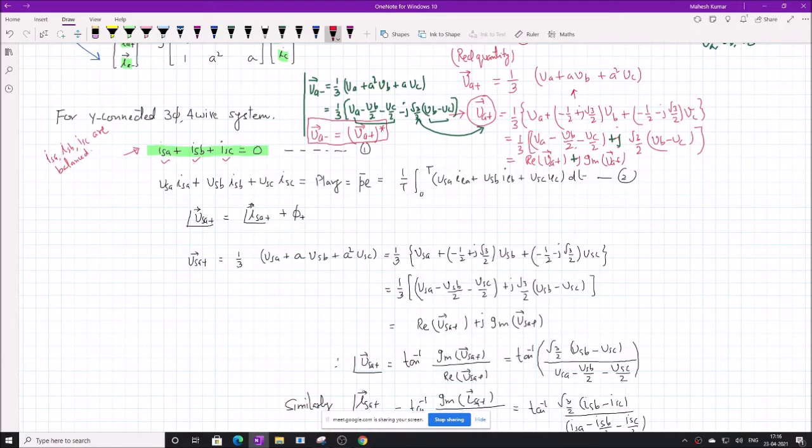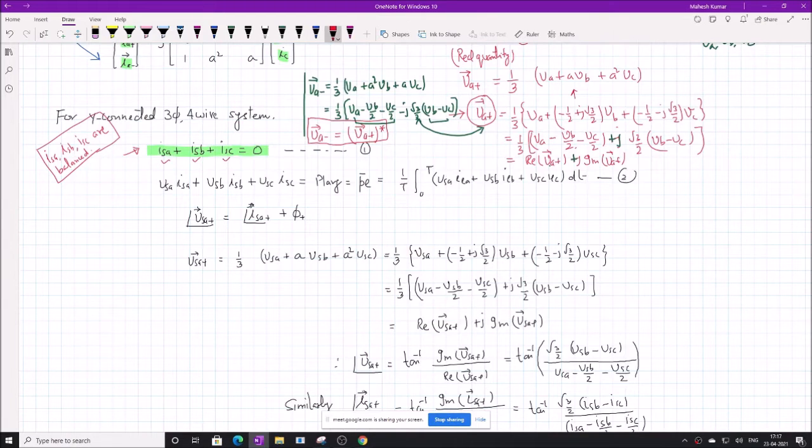Okay? If they are not having just fundamental, they also have harmonics. In that case, these could be balanced or unbalanced, but they are distorted. It means they are containing harmonics. Even then, this may be true. The summation of three currents equal to 0 may be true even when they contain harmonics. We do not know. But if there is only fundamental frequency in these currents, then the only possibility is that they are perfectly balanced, and only then it can be true.